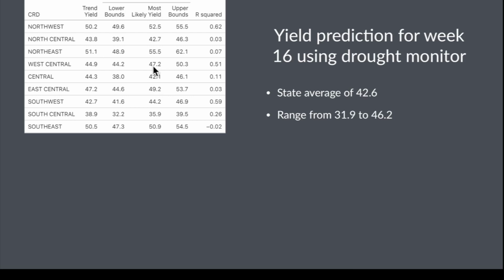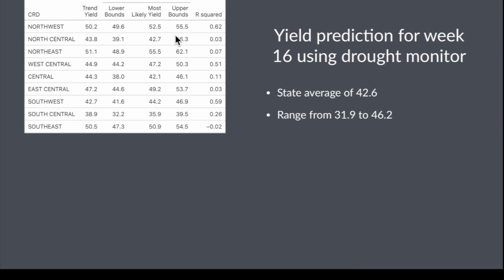West central is above with a pretty good R-square. The central part of the state we're below, and again a small R-square. East central we're a little bit above. Southwest high. South central low, quite a bit lower here, 3 bushels per acre, and then southeast right about at trend line exactly. Well, if you just eyeball this and say, okay, we got 9 districts here, it